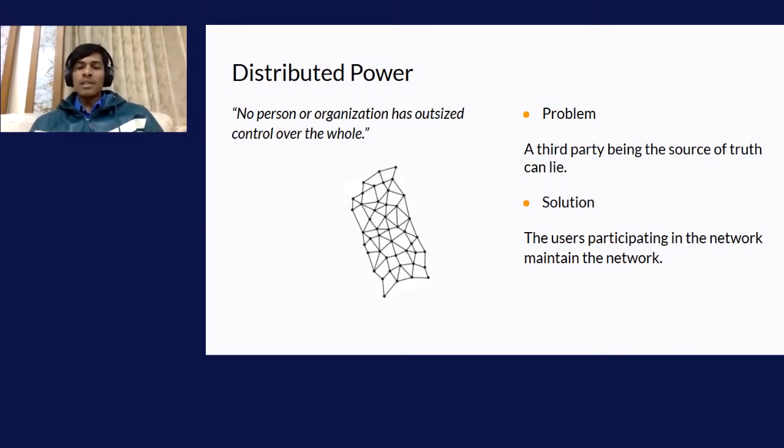So again, the problem is that a third party being the source of truth can lie, but the solution is that the users participating in the network maintain the network. So it's like having real skin in the game. If you're part of a network, you also contribute to maintain it. So it's all about aligning the incentives,